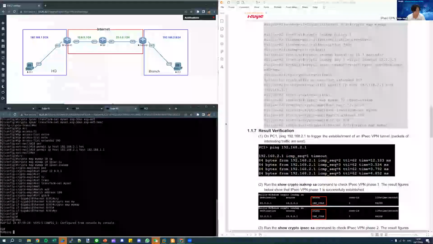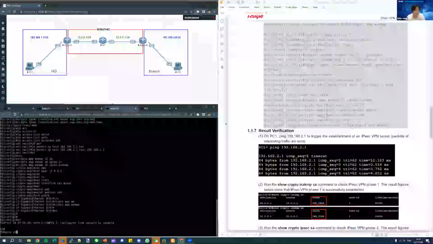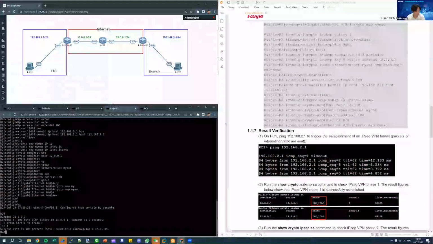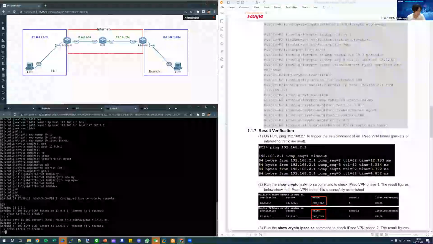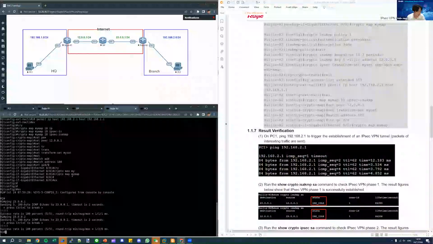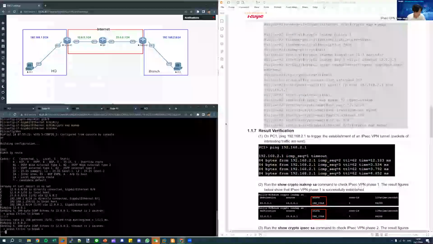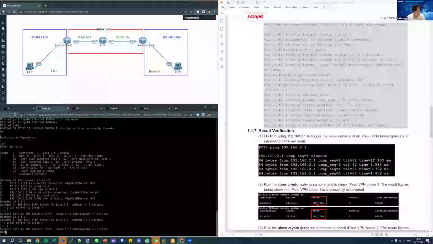Change the connectivity to the WAN. Okay, for the other one. Okay. And for the IPsec,